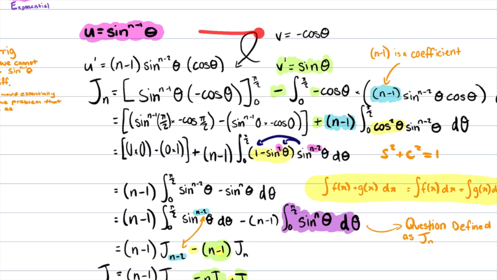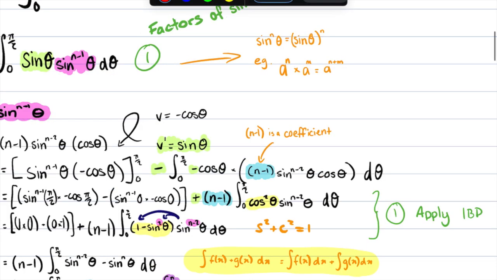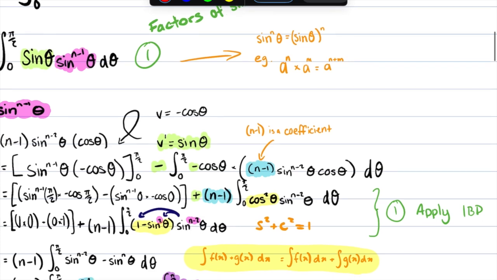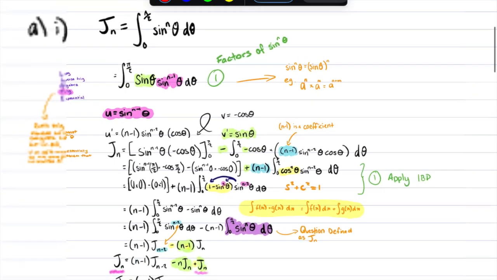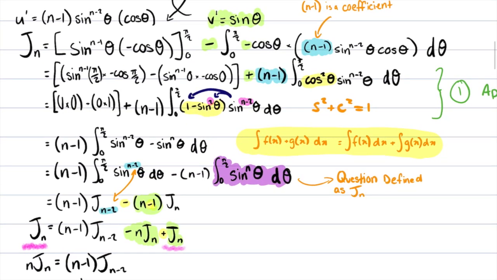uv in between our two bounds, minus the integral of 0 to pi on 2, which is again our bounds, of negative cos theta times by our u dash expression here. The second mark for this question was found through applying our integration by parts through this middle tier. Being careful of our two negatives at the front here, we can then start to simplify down our first expression,